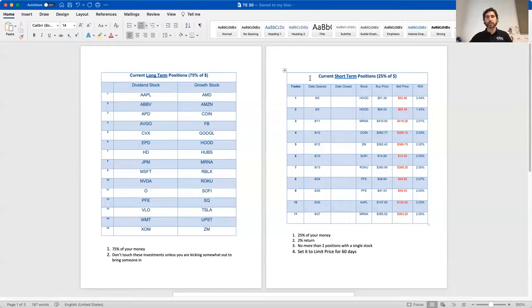The other 25% is all about short-term, and I'm going to talk about this a little bit more. The short-term positions that you take should not be outside of your 30. If you believe in these companies long enough to be long on them, you also believe in them enough to bet against the market when the market, in your opinion, either reacts or, in my opinion, overreacts to a